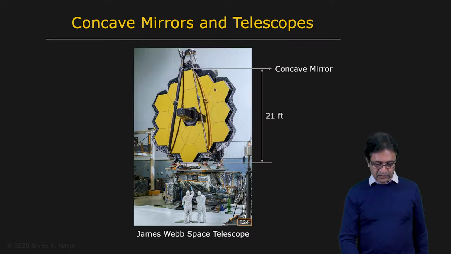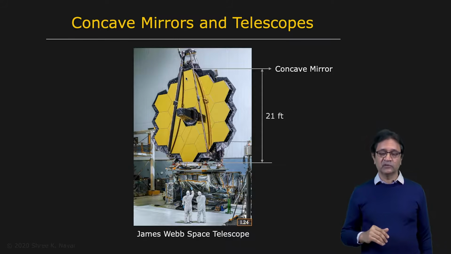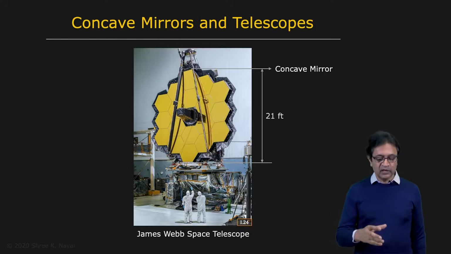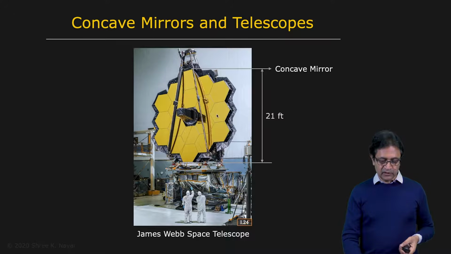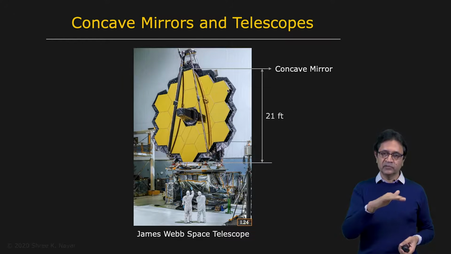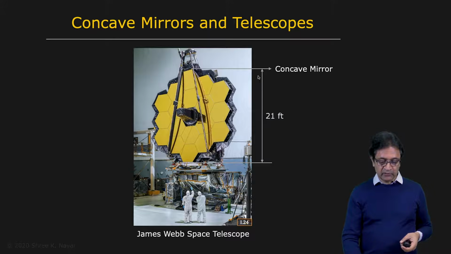So here is an example. This is a concave parabola. In the case of the James Webb Space Telescope, it happens to be 21 feet in diameter. And so there is no known method for manufacturing a single curved mirror that's 21 feet in diameter. So the way this is done in practice is to create these small little segments. That's what you're seeing here, these little hexagonal segments. Each one is a shallow curved mirror. And these are then tiled together to create the complete mirror.